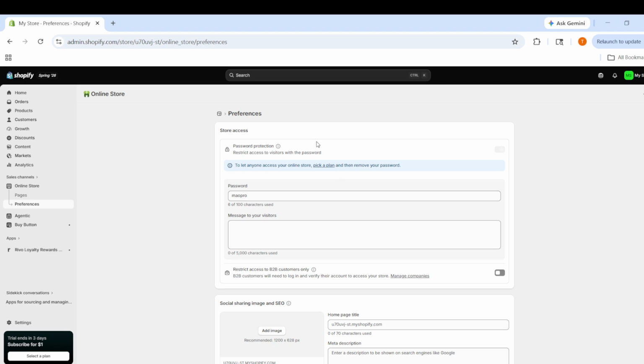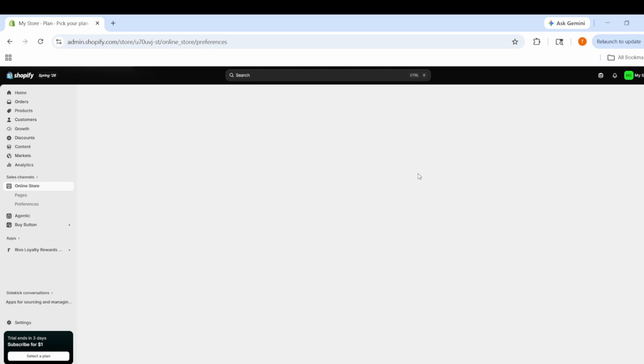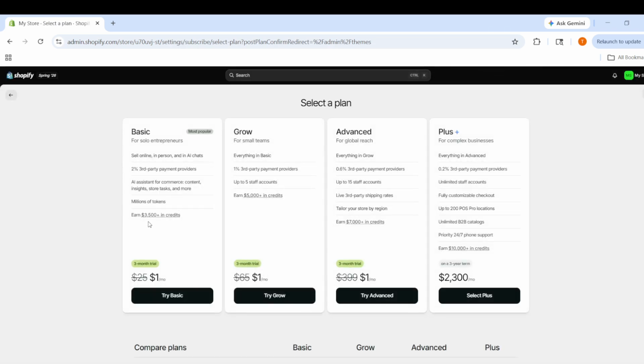If you are not able to uncheck the box, Shopify may require you to choose a plan first. This can happen if your store is still in a setup or trial state, and checkout is not fully available yet. In that case, you will need to choose a Shopify plan before you can remove password protection and make the store available to visitors. Once a plan is selected, you should be able to return to this Preferences page and turn off the password